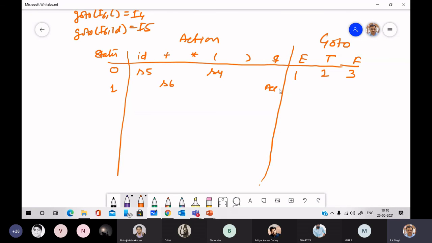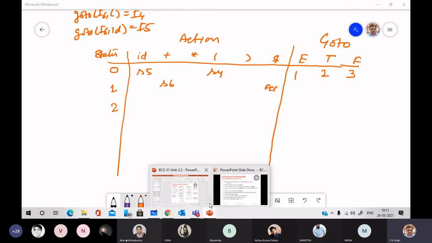You have to look at the items and make entries accordingly. Similarly, item set 2 tells about state 2 of the parsing table.